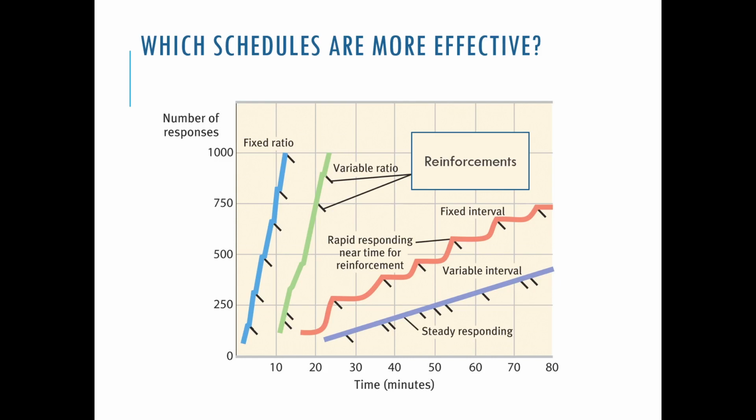Even after 80 minutes, they have not gotten to the 1,000 lever pushes that you see with either of the ratio schedules. So if you want a lot of behavior from your learner, you should probably put them on a ratio schedule. If you want them to persist and be steady about it, probably one of the interval schedules is